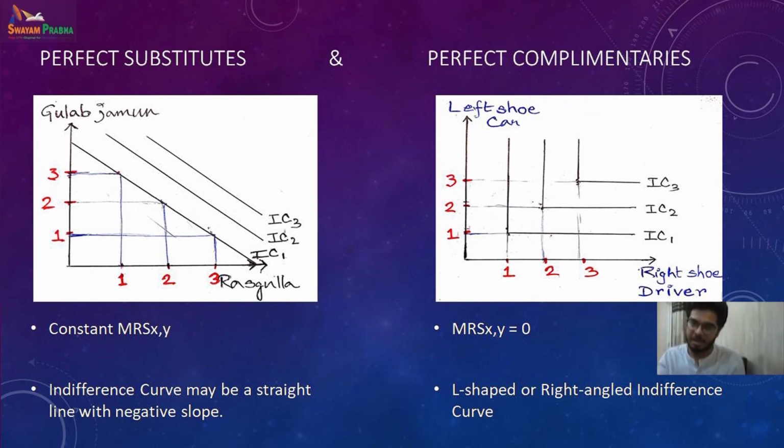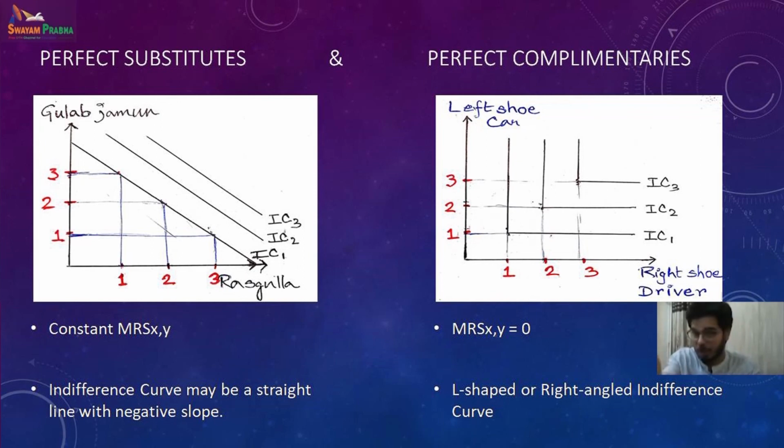If I have a car, I must have petrol or diesel. So a car and petrol or diesel are complements. Without the petrol, the car does not work. Without the car, the petrol does not work. Similarly, without the left shoe, the right shoe does not work. Similarly, car and driver. If there is no driver, I don't have a self-driving car yet in India, an autopilot car or something like that. So our car will require one driver.